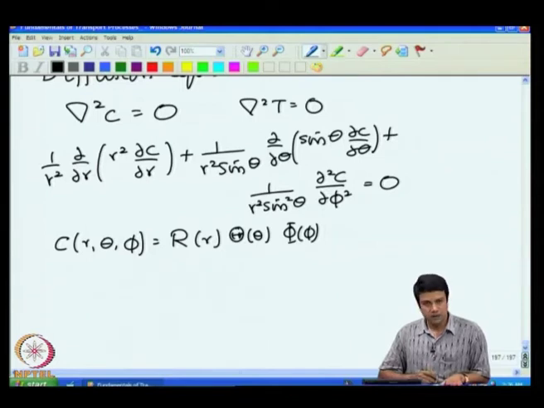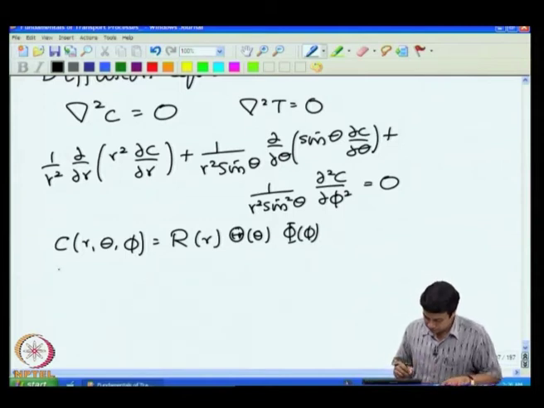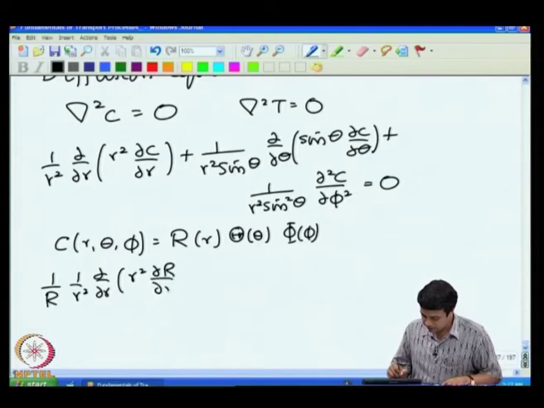Insert this into the concentration equation, and divide throughout by R times Theta times Phi. I will get 1 by r square d by dr of r square partial R